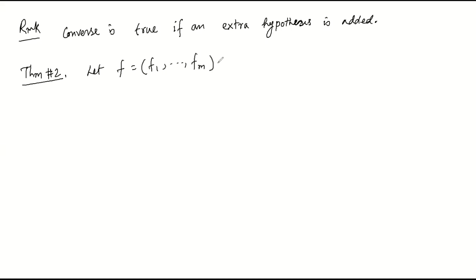These are the component functions from Rn to Rm. So this is the given function, and A belongs to the domain Rn. Then the derivative of f at the point A exists. So this exists if